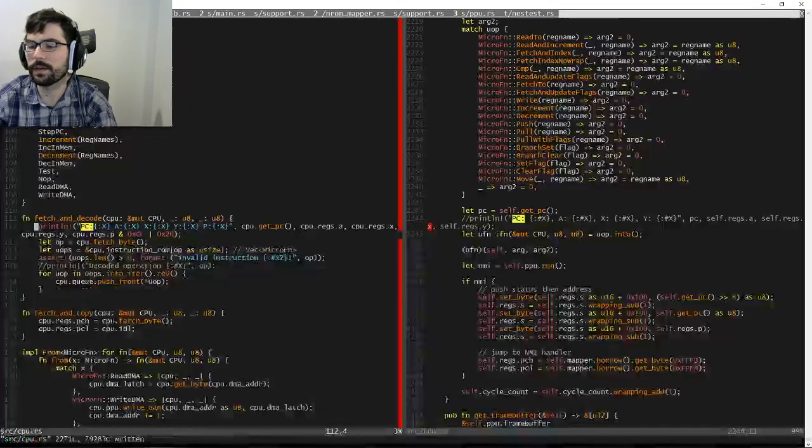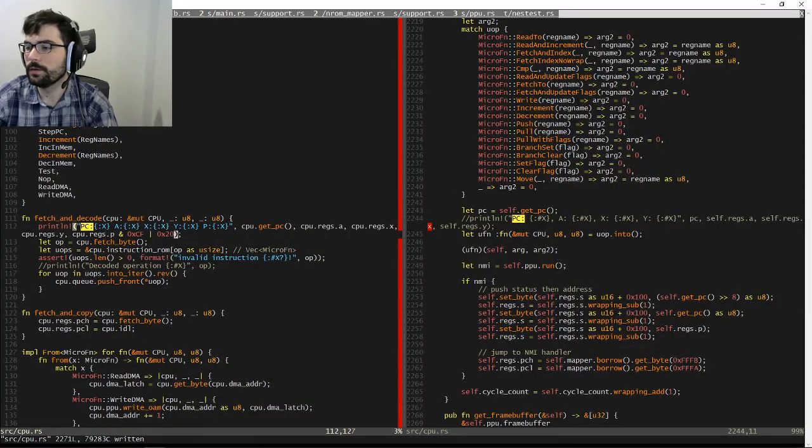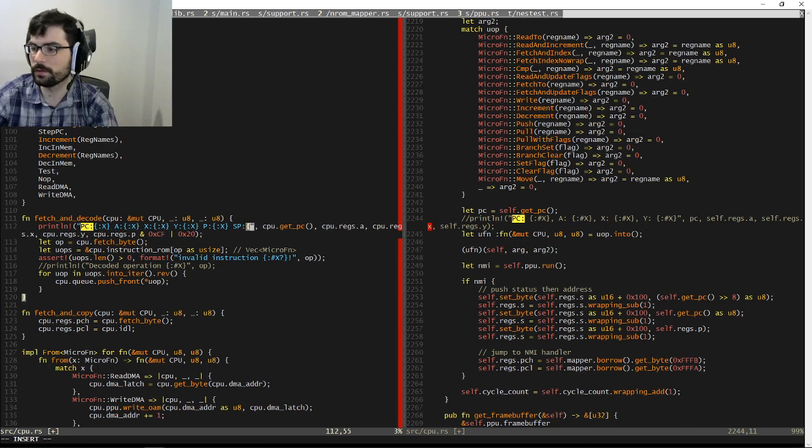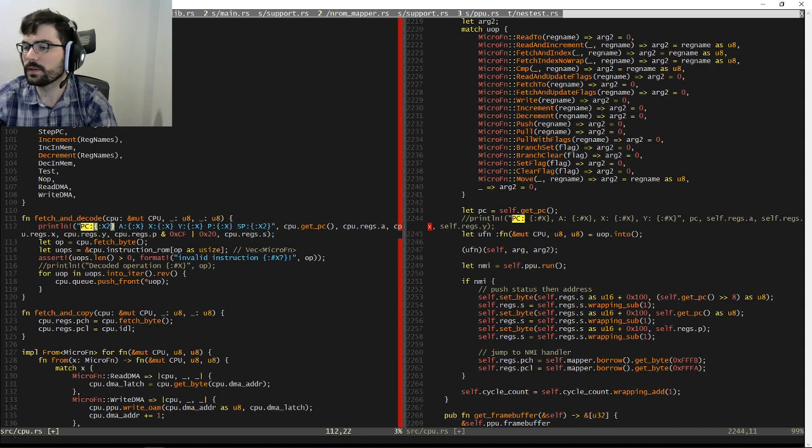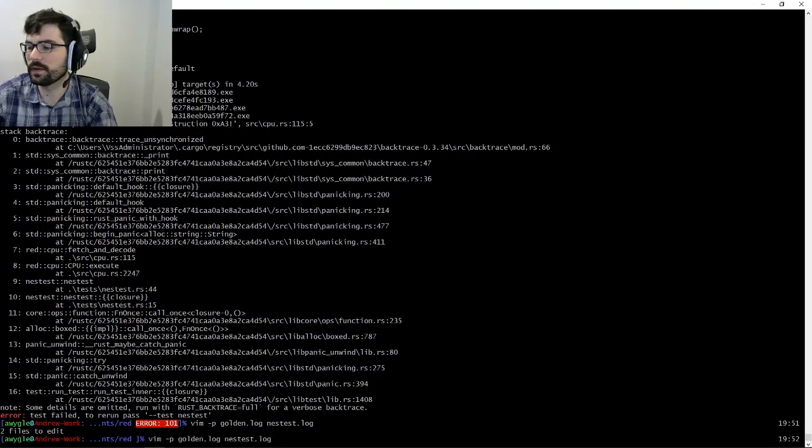So I need to add that. SP, X CPU view.regs.s, and then we want these all to be x2s. Can't remember if it's just x2 or if it's 0x2, but we'll find out.